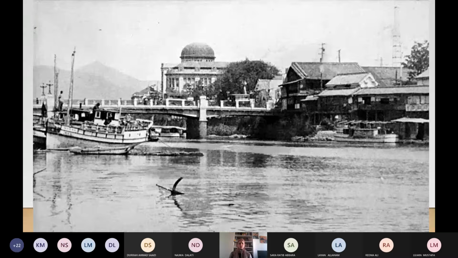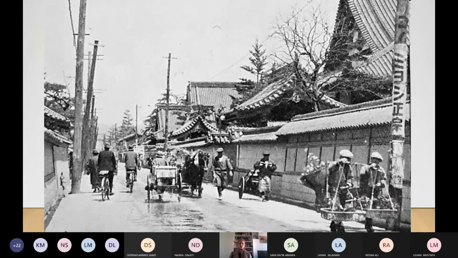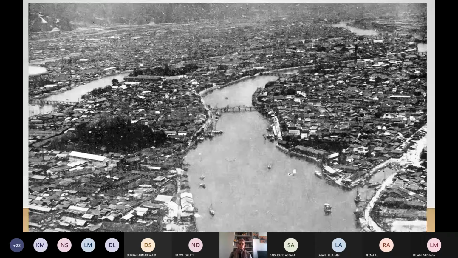So this is the city before the war. You see, all of these are buildings, and here is a river. Can you see, girls?